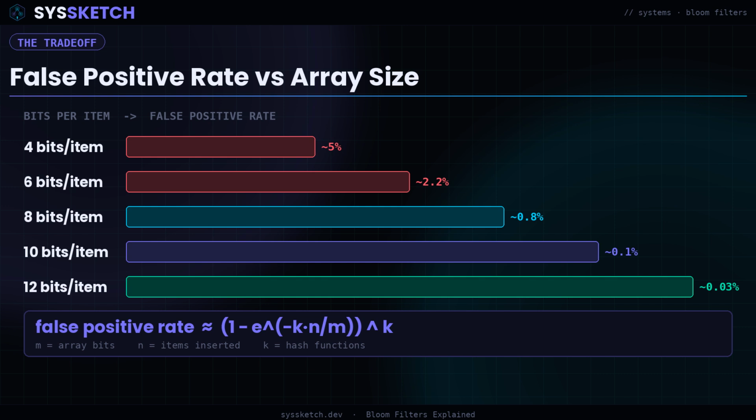The fix is straightforward: allocate more bits per item you expect to store. Going from roughly 5 bits per item to 10 bits per item can drop the false positive rate from around 3% down to under 1/10 of 1%, while still using a fraction of the memory a full lookup table would need. Engineers pick this ratio up front, based on how many items they expect and how much accidental risk their application